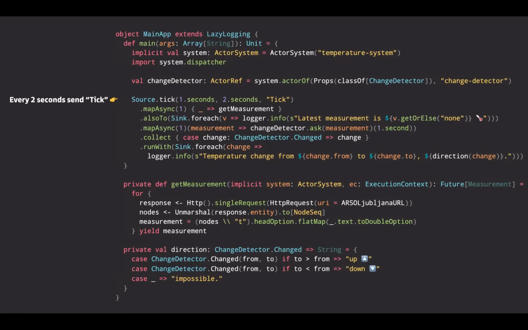Akka Streams has three main components. One is source. Source is generating content. It could be, for example, a file source where you read content from a file. It could be a database source. It could be a web service. It could be, in this case, a timer that generates ticks, or it could be anything that produces a value. Then the second part is called flows.